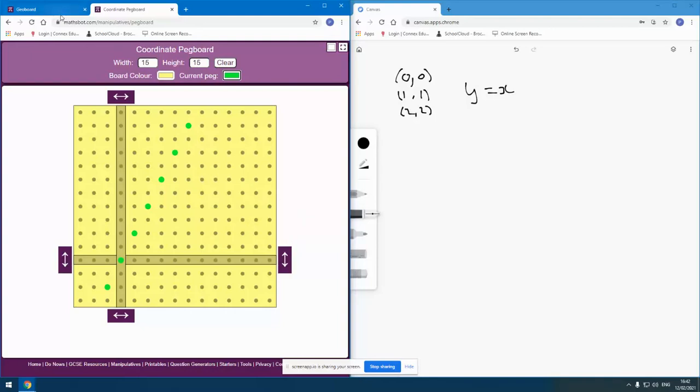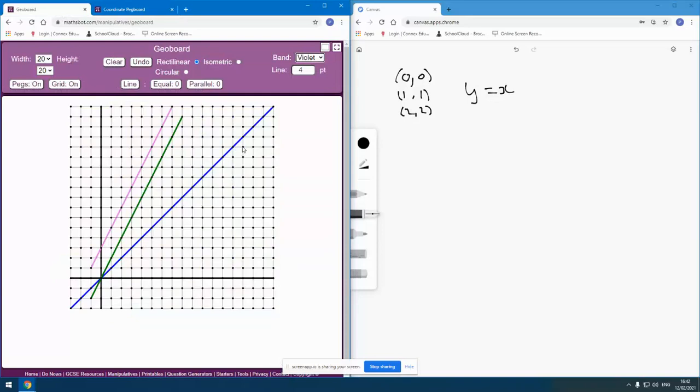So that's just a very short video on some potential ways that you might begin to explore properties of straight line graphs with your learners using physical manipulative geoboard, or potentially the virtual manipulative as well, and using